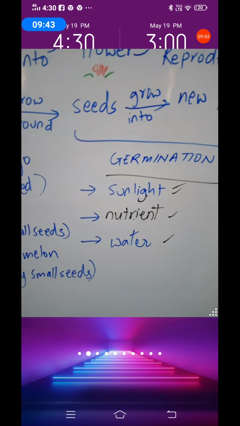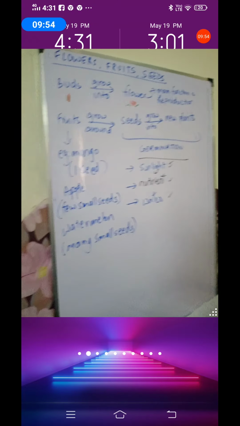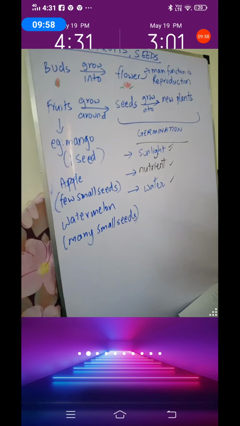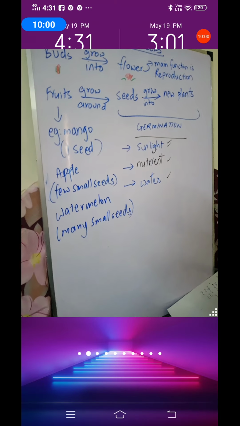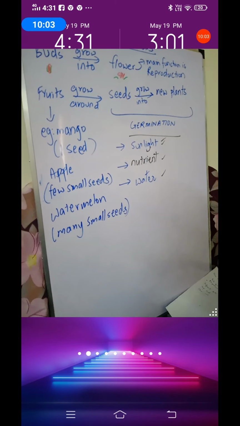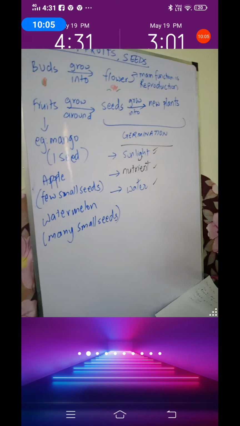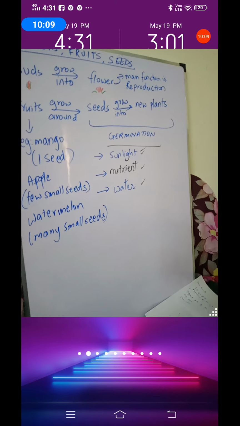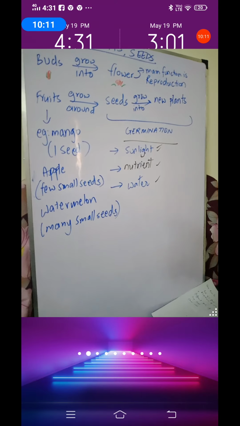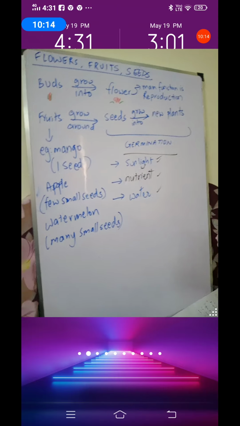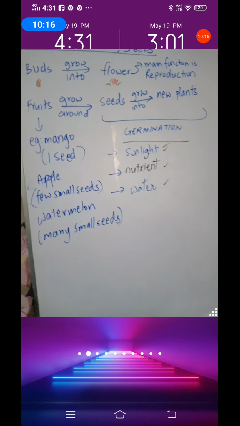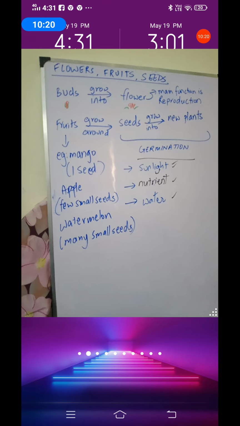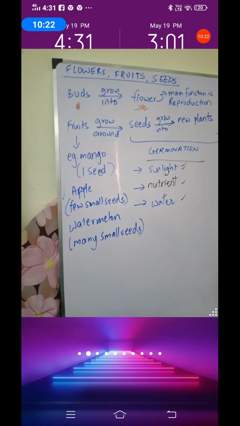Flowers, fruits and seed, are a part of which system? Root system or shoot system? It is a part of the shoot system. Okay. So remember these things. Seeds are very important. Remember this. And different plants are bearing different fruits. These seeds play a very important part. Seeds will grow into new plants. Understand? All right. Now, students, this completes our complete revision for parts of a plant.